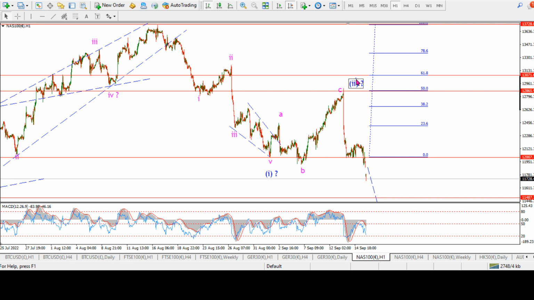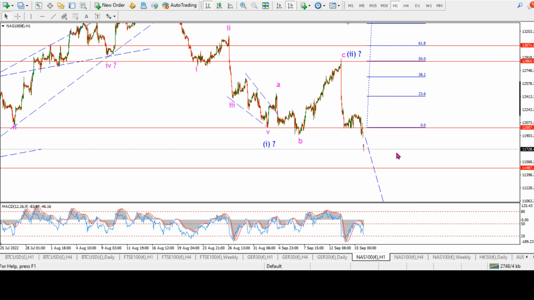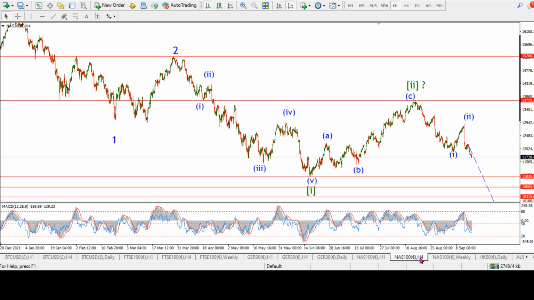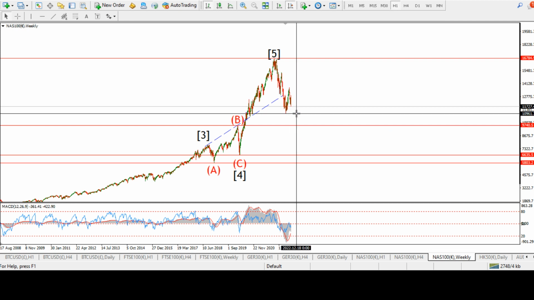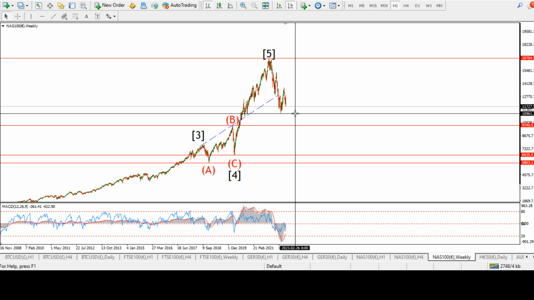We have 3 waves up, expanded flat, wave 2, and now a possible 1-2 third of a third wave decline coming in in the tech stocks. Tech was leading the way across the board. Here we are, the Nasdaq weekly. Look what we've got. If you thought that we had finished the crash in tech, and tech had hit a low, don't rule out